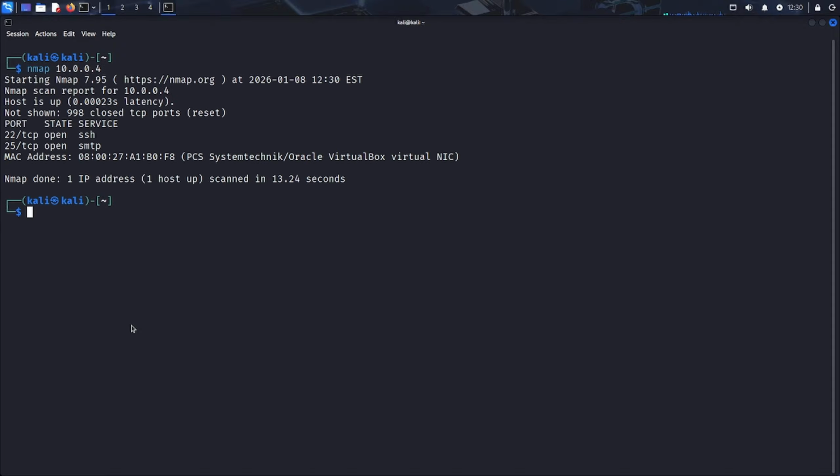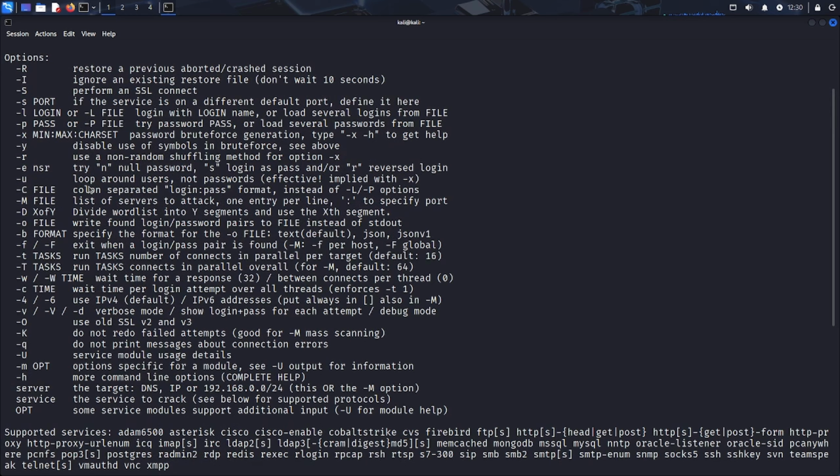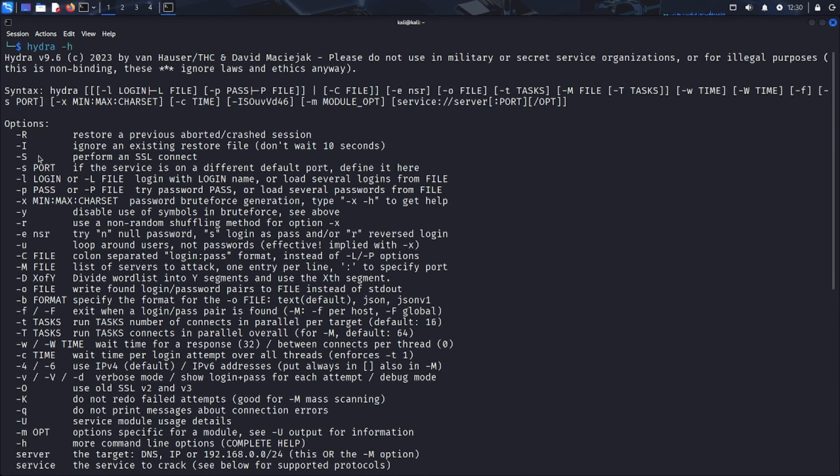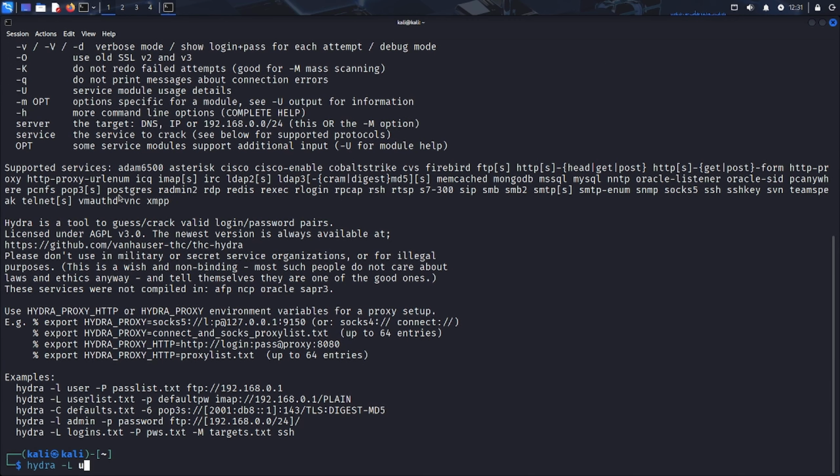So we can see from the output that port 22, SSH is open. So straight away I'll be thinking, right, I've got valid usernames now. We could try a password spray against SSH and see if we get lucky. So let's do that now. Check how to specify a file of usernames. Capital L for file, capital P for file. Okay, so capital L for users. Actually, before we do that,